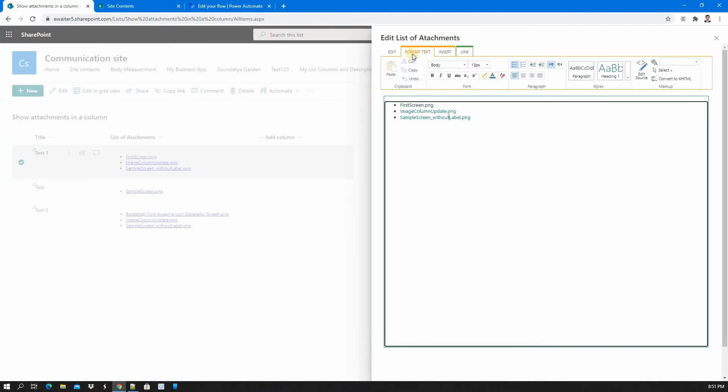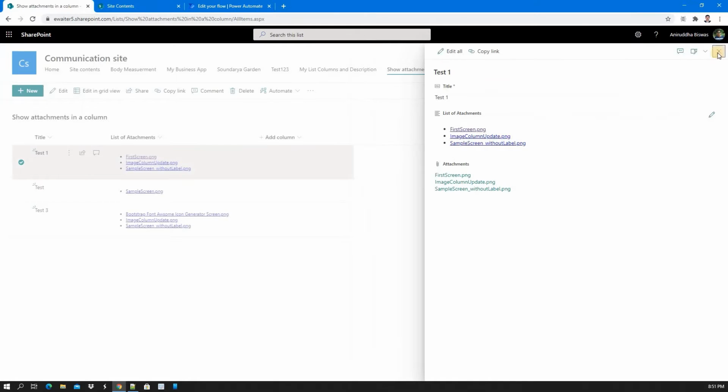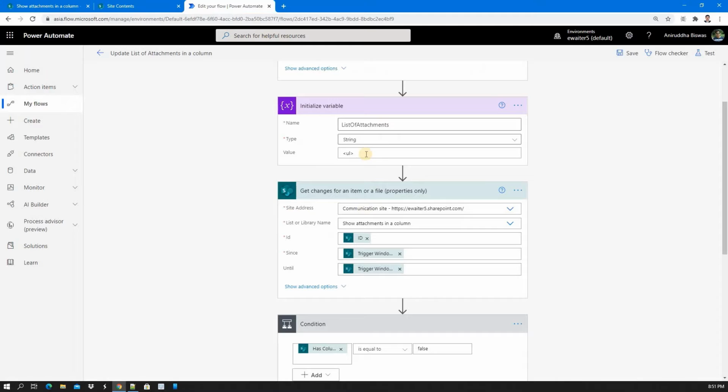Here you need to select this and go to that tag area. So you can see UL, LI, then anchor tag, the URL will be there, then the name. If you put OL instead of UL, then it will be 1, 2, 3 kind of numbering. This is basic HTML tags. That is the reason the first tag will be UL.